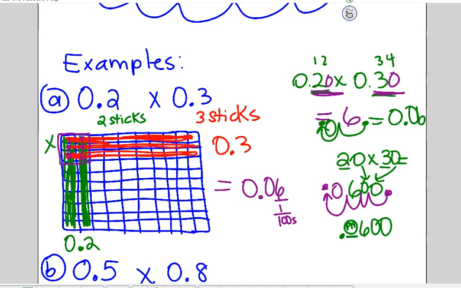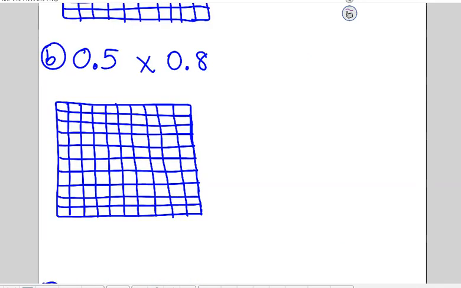Let's do another example. All right, our next example says 0.5 times 0.8. Again, with our coloring, I'm going to color in my 0.5. This time I'm going to do dashes. So 0.5 is going to be on this side. There's 1/10,